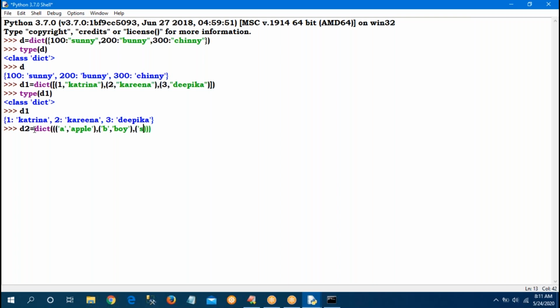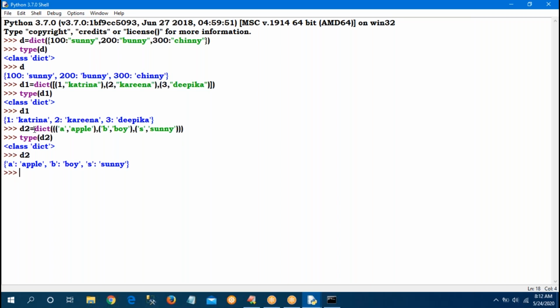S for Sunny. Do you know the type of D2? Observe, 3 ways are there. One is directly curly braces. Second, list of tuples. Third, tuple of tuples also we can give.